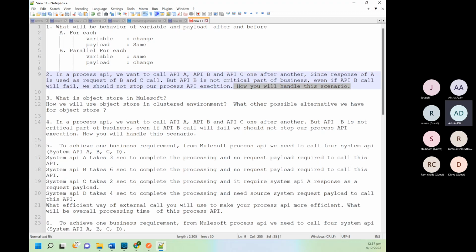Someone want to answer this one? Maybe, yes, Ravi: make B async, A would be sync, and C would be sync, B would be async. This one is partially correct. Is there any better approach? Okay, fine. Here, first we will make a call, and then we can do a small modification. No, this one is partial only. Anyone want to answer this?